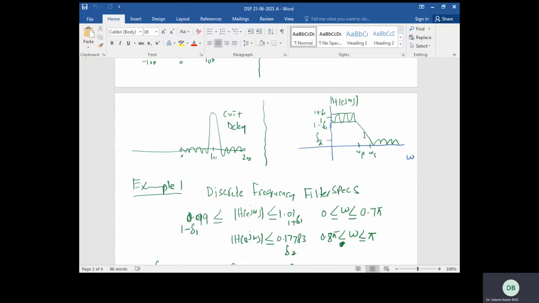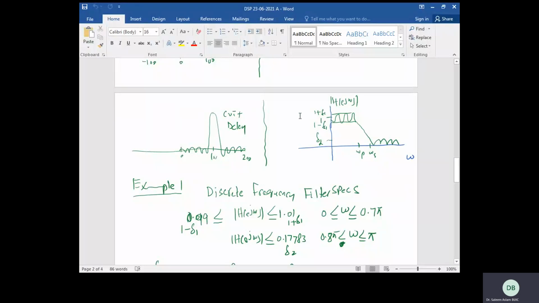So this transition is linked with the order of the filter. The larger the order of the filter, the smaller the transition. The smaller the order of the filter, the larger the transition. If the order of the filter is 5, you may have this much transition. If the order is 2000, you have this much transition. If the order is infinity, you may have a straight vertical bar, jumping from 1 to 0, right? So that's how you deal with ideal and practical filters.